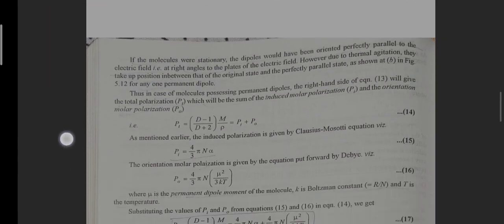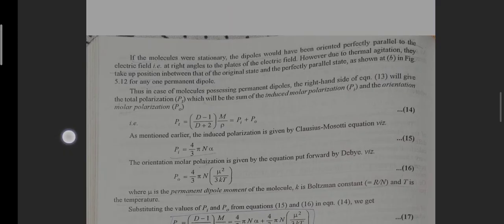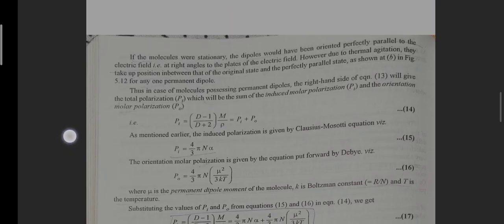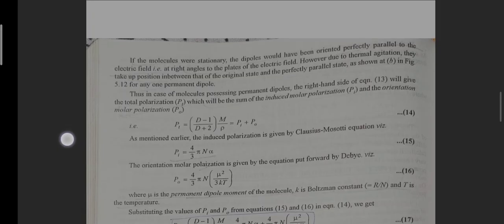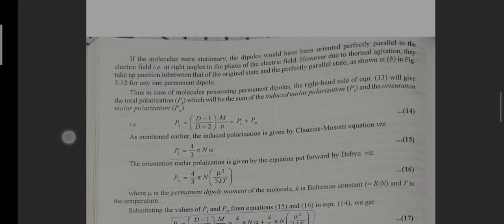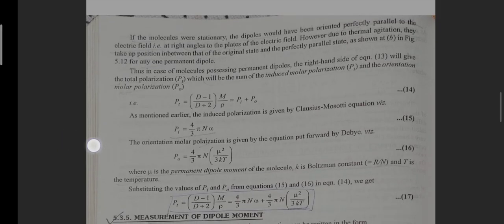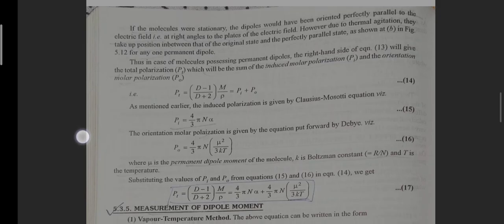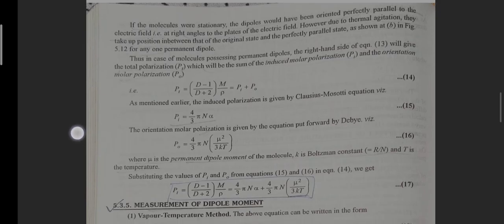If the molecule were stationary, the dipole would have been oriented perfectly parallel to the electric field, that is at right angle to the plates of the electric field. However, due to thermal agitation, they take up position in between that of the original state and the perfectly parallel state. Thus, in case of molecule possessing permanent dipole,